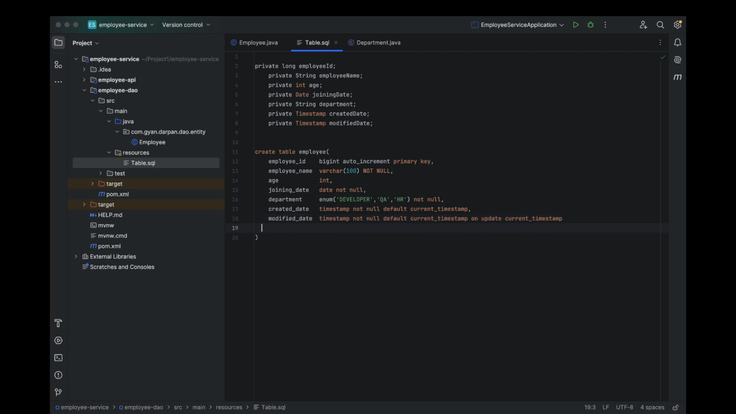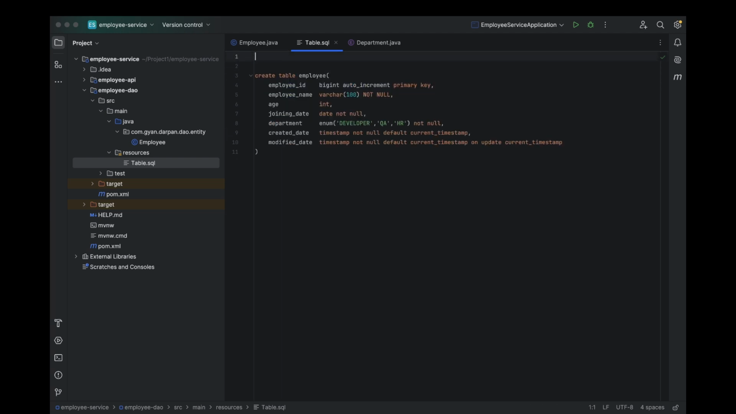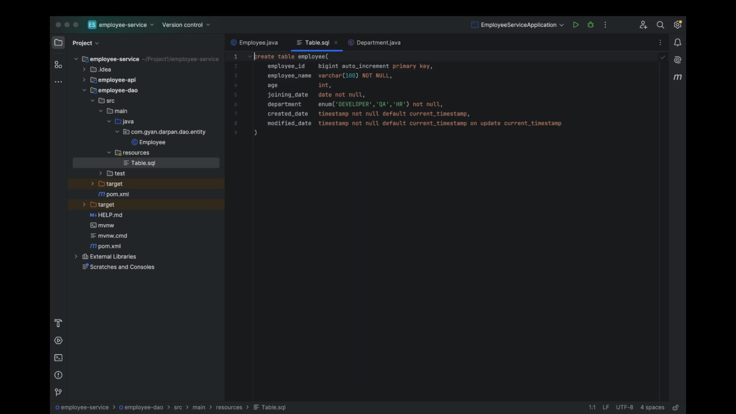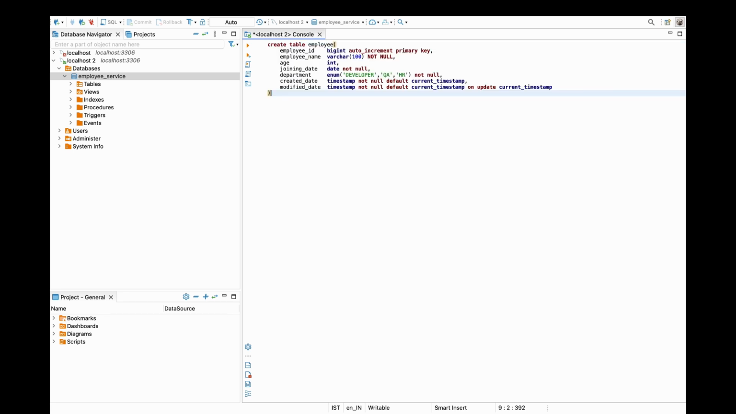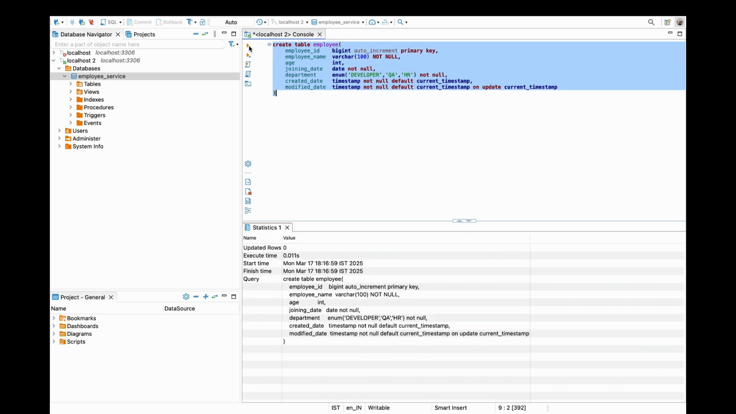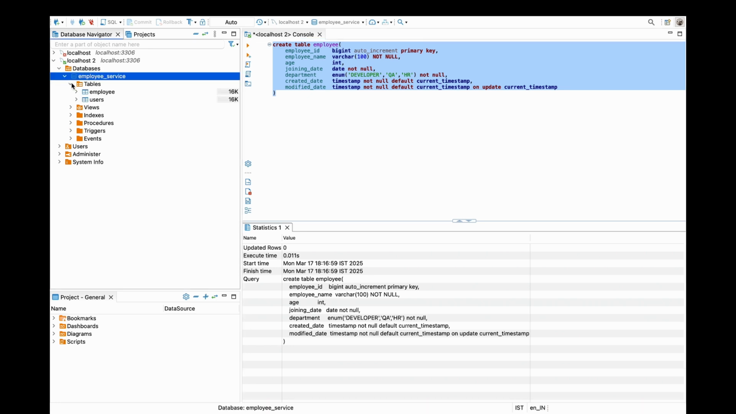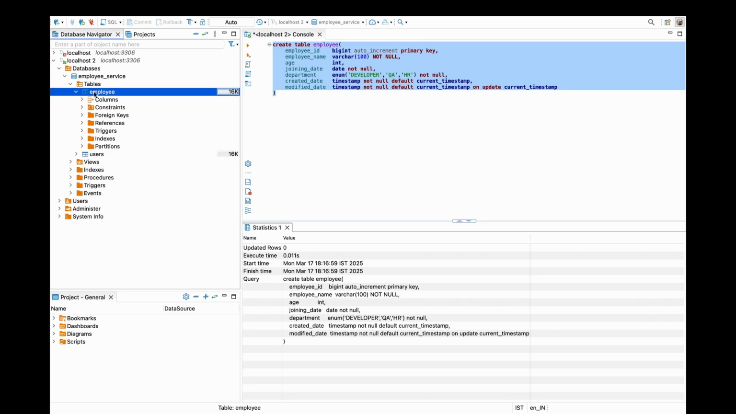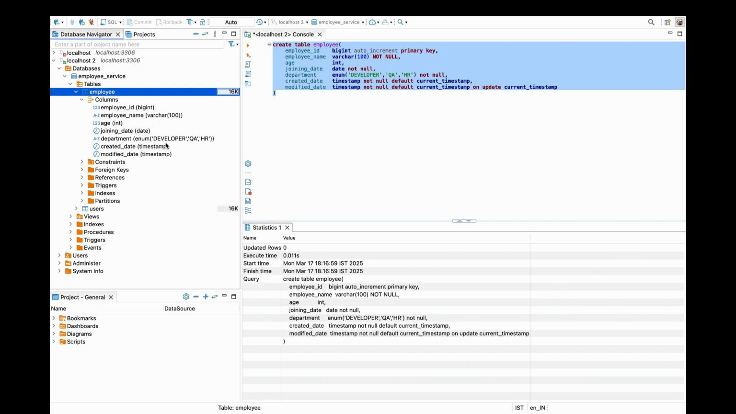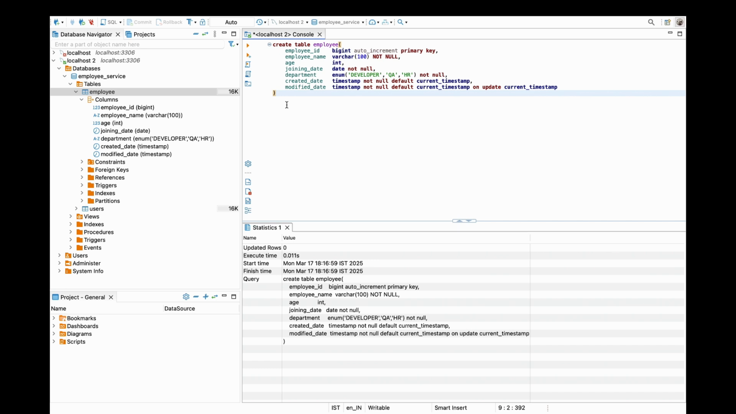Awesome. We're done with our create table script for the employee table. Now, let's use DBeaver to make this table in our database. Alright, check out my screen. The employee table is now in our employee_service database. Let's take a quick look at how it's set up. See all the columns we defined, and there it is. We have our employee ID, employee name, age, joining date, department, created date, and modified date columns, exactly as we